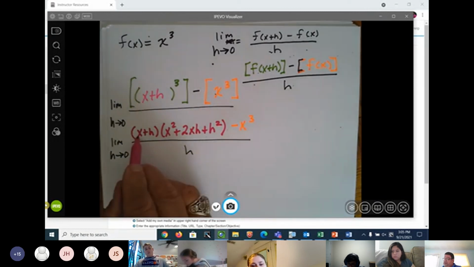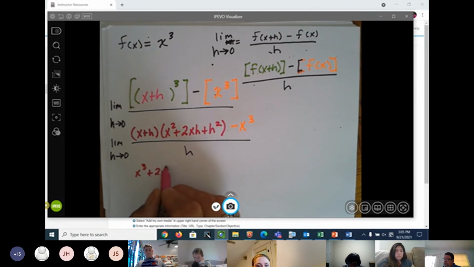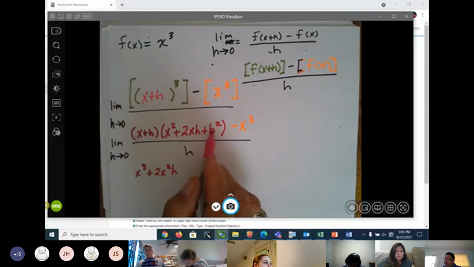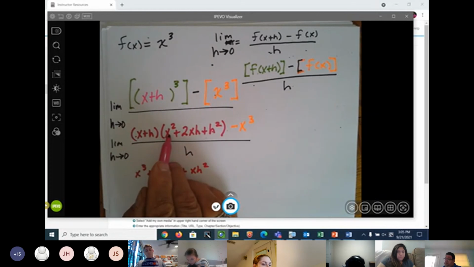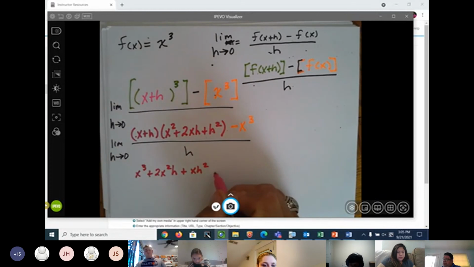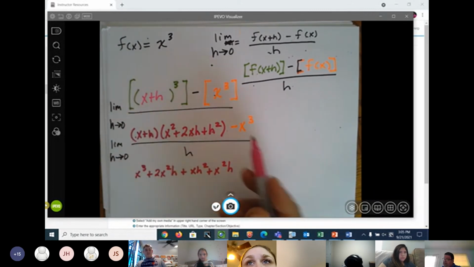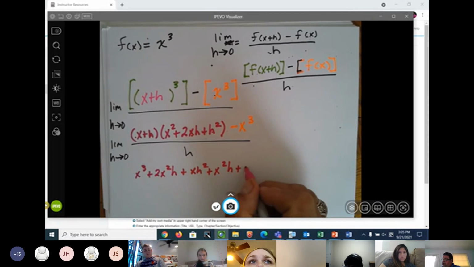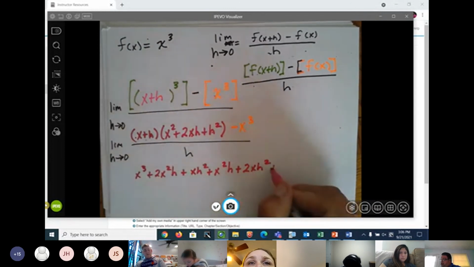So x times x is x cubed. x times 2xh is 2x squared h. x times h squared is xh squared. x times that is going to be x squared h. h times that is 2xh squared. And h times that is h cubed